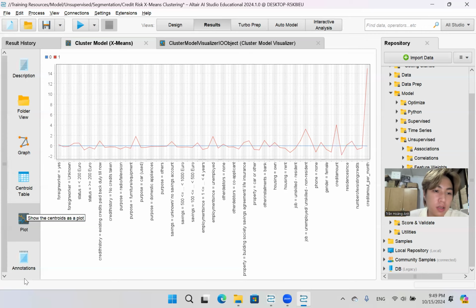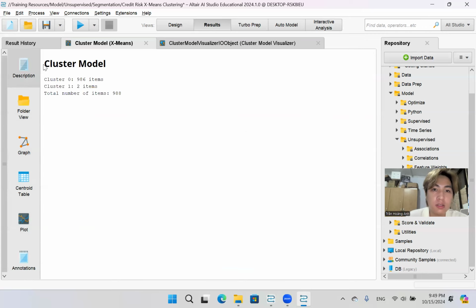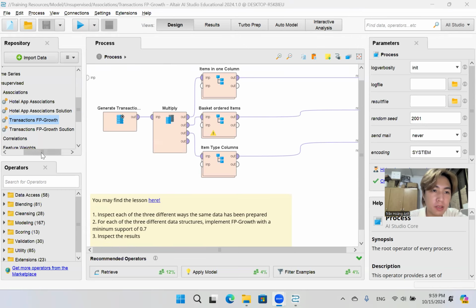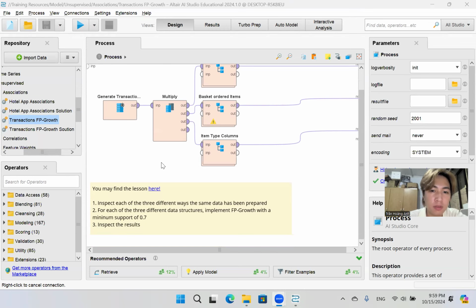That is all. Now I come to the example about FP-Growth. After clicking on the transaction FP-Growth, I will inspect each in three ways. The same data has been prepared. To follow along,